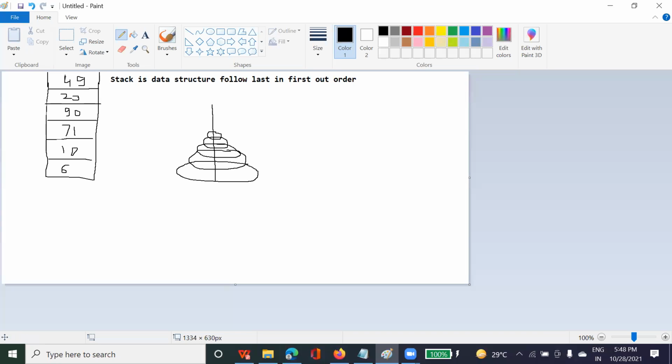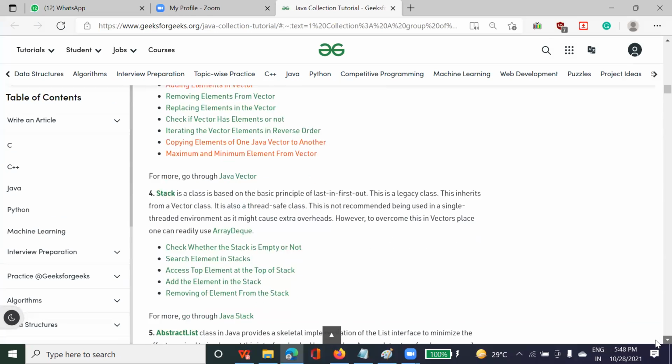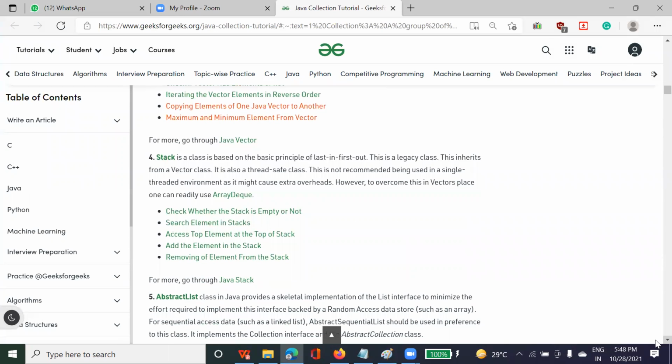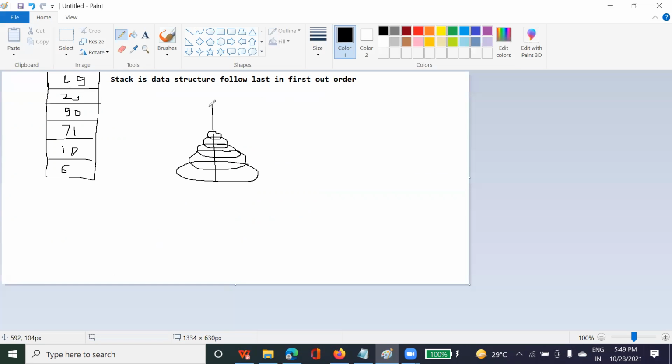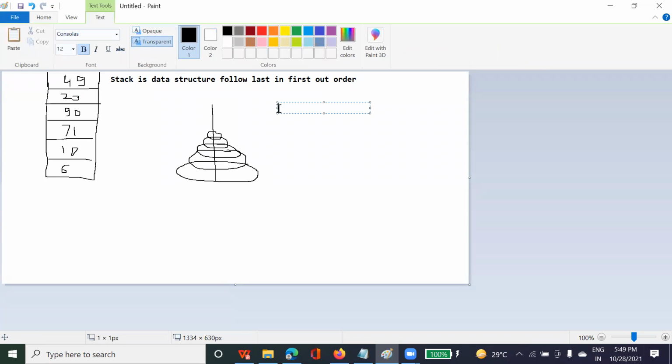So if you can see here, why are we using this stack? So that you can access the elements in some order, and stack is very useful as it allows data manipulation. There are data structures in Java based on this stack, and one more data structure is the queue, which follows first in, first out.